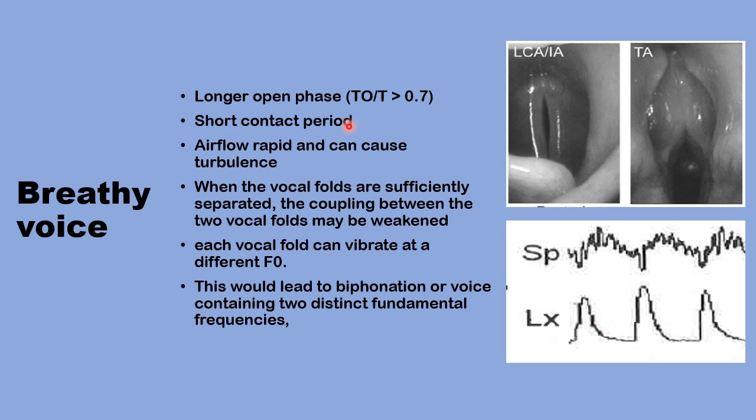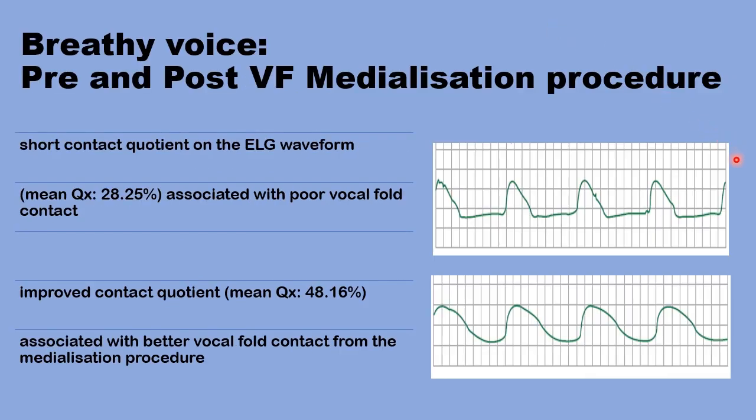This continuous stream of airflow can be rapid and can cause turbulence, and sometimes if this is extreme, each vocal fold can vibrate at a different frequency, and this would lead to biphonation, a voice containing two distinct fundamental frequencies. To illustrate this further, these are traces of glottal area waveforms from a patient with vocal fold palsy before and